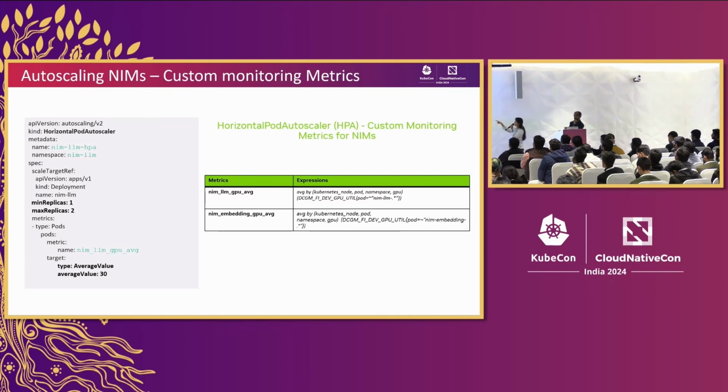Yeah, so this is an example of a horizontal pod autoscaler where we are saying we want min replicas as 1, max as 2, and for this deployment, watch for the metric called GPU average utilization. And if the average utilization exceeds 30%, go ahead and scale it to 2 replicas. So this is the directive that is given to the HPA. HPA will watch on the Prometheus adapter and implement the replica upscale or downscale.